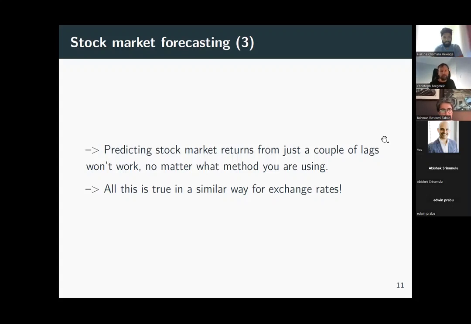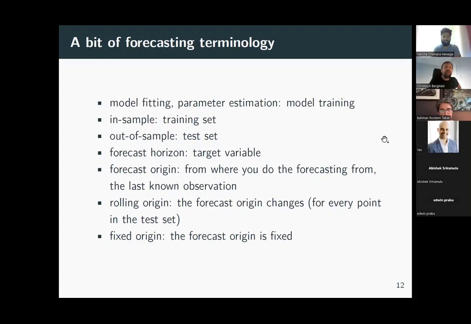This is very important still. We will get back to this later. So a lot of very recent literature and very good machine learning conferences try to predict exchange rates. It doesn't work. We'll get to it soon enough, in about an hour. So as I said, the main audience of this talk is machine learners who are new to forecasting in a certain way.